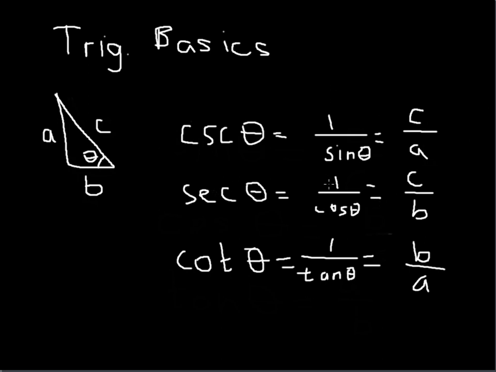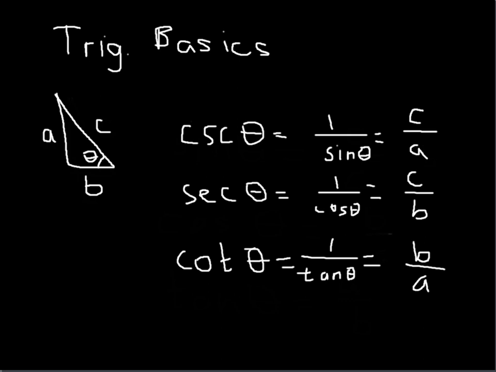Then sec theta is 1 over cos theta, and this is c over b, because cos theta is b over c, so 1 over b over c is c over b. Then cot theta is 1 over tan theta equals 1 over a over b, so that's equal to b over a. These are the 6 trigonometric functions, and you're going to need them a lot